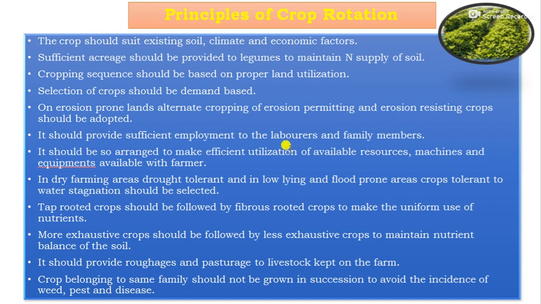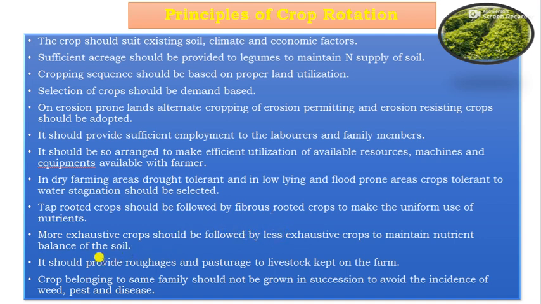Then it should provide sufficient employment to the laborers and the family members. Then it should also be arranged to make efficient utilization of the available resources, machines and equipment available with the farmer. Then in dry farming areas, drought resistant crops, and in low lying and flood prone areas, crops tolerant to water stagnation should be selected. Then tap rooted crops should be followed by fibrous rooted crops to make uniform use